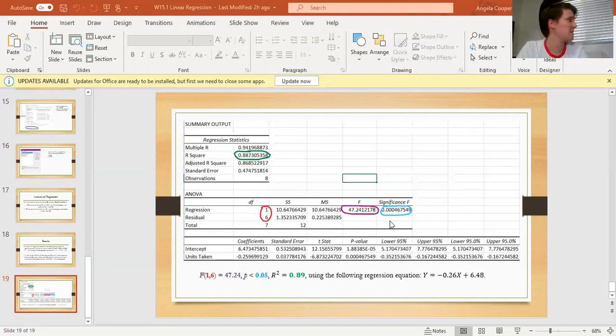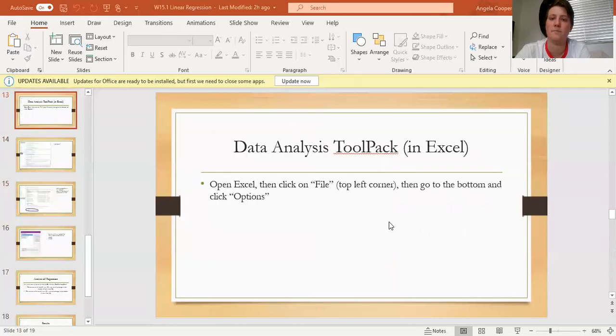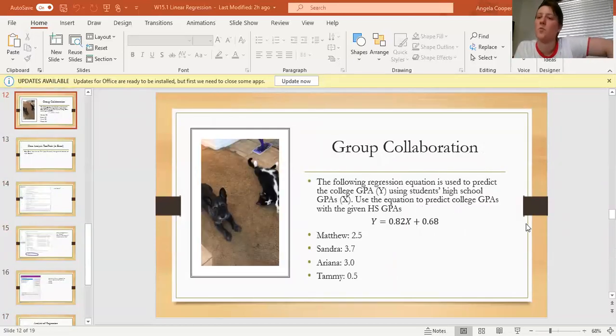Two, the second thing I'm going to ask you about linear regression is going to be similar to what this group collaboration was. I'm going to give you a little example. The following regression equation is used to predict college GPA using students' high school GPA. Use this equation to predict college GPAs with the given high school GPAs. This y equals 0.82x plus 0.68 is used to predict college GPAs with given high school GPAs. And then I'll provide you, let's say a high school GPA is 3.7. What's their predicted college